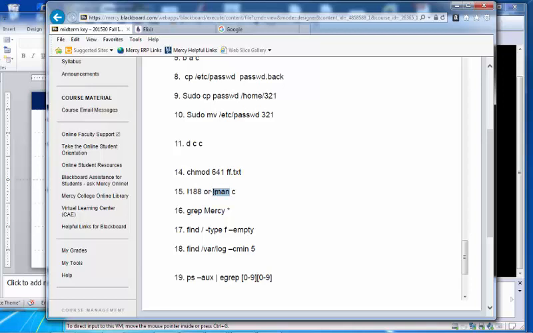189, the command man vi. To discriminate it from the command man chmod, then you have to do exclamation man space c. This is one command.